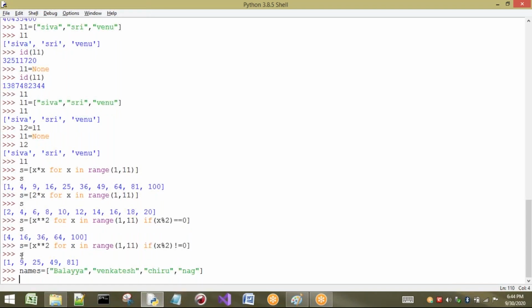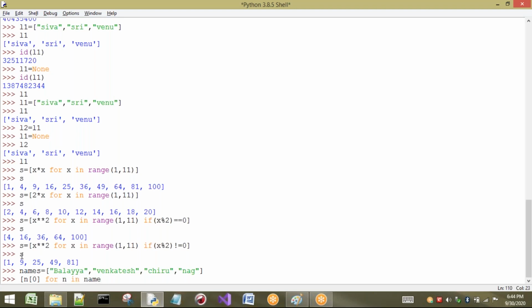Okay, that means what I have to write here? I will write a list comprehension. In that, what I have to take? I want to take every string's first element, that is n of 0. I want to take only n of 0 for all the elements in the list. That is, for n in names.